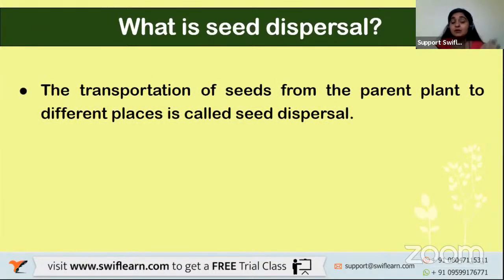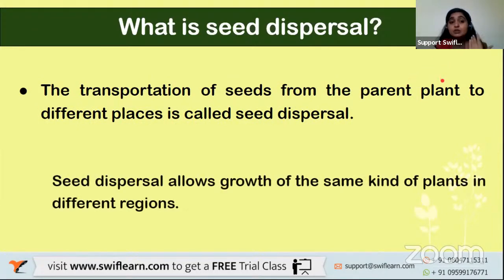The transportation of seeds from the parent plant to different places is called seed dispersal. Seed dispersal allows growth of the same kind of plants in different regions. So how are they reaching different regions? We just discussed that the seeds fall and then they grow,